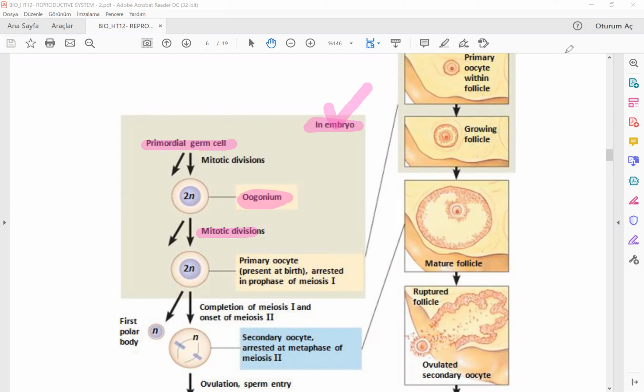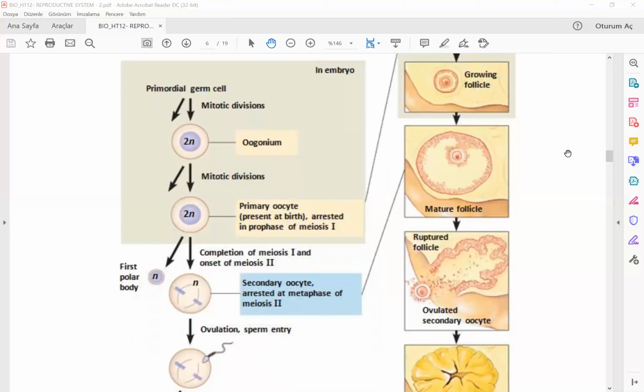But at the birth of the girl, all these oogoniums have started meiosis, and they convert to primary oocyte. Primary oocyte is the first cell which started the meiotic division in the ovaries, in the follicle. They are present at birth and arrested in the prophase